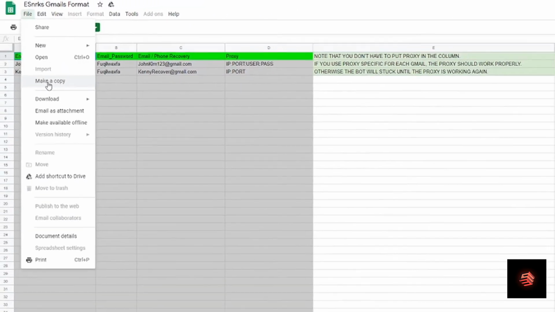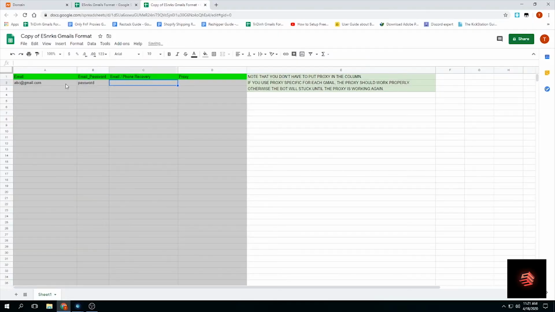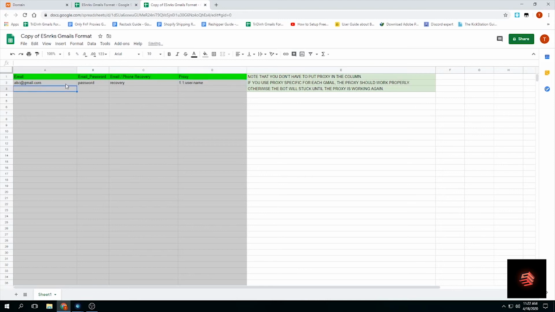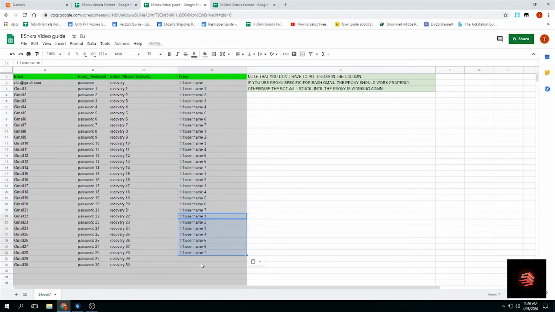Again, after you go to the Excel file or Google Sheet, go to file, then make a copy. For safety, please put your proxy in column D, so each sneaker will not use a random proxy in the list. From the settings section, every time you run something in this feature, you can use a data center proxy. I personally use 25 DC for about 500 Gmail and all of them are still alive. Just put your Gmail info here and duplicate proxy in column D is fine.